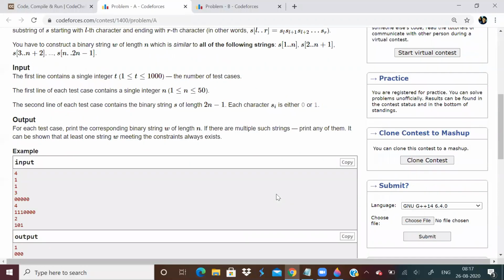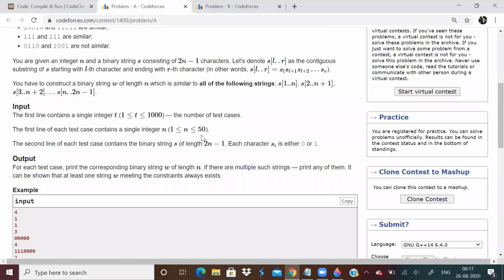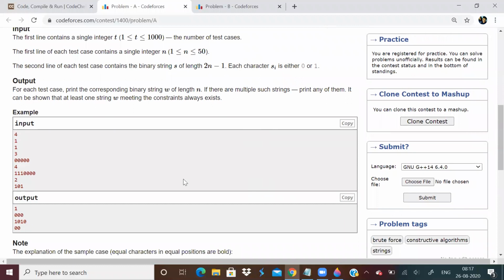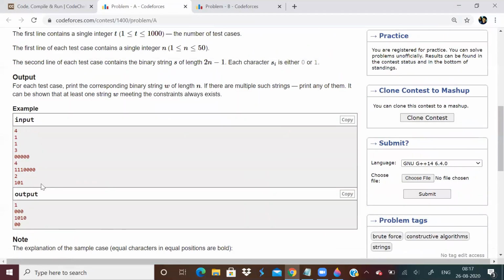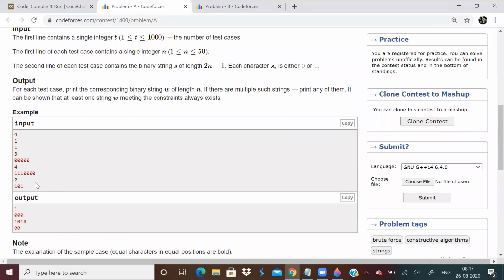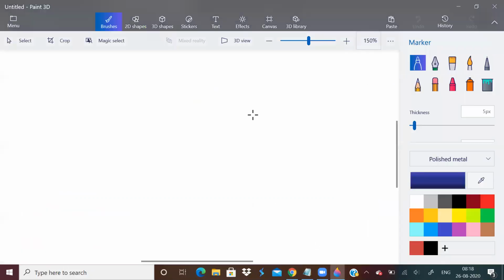So how to solve this problem? Well, looking at n, you can think of brute force. I will tell you two solutions, and you see whichever is easier for you to understand. First of all, let me take a different example, because these test case examples you will not understand very well.